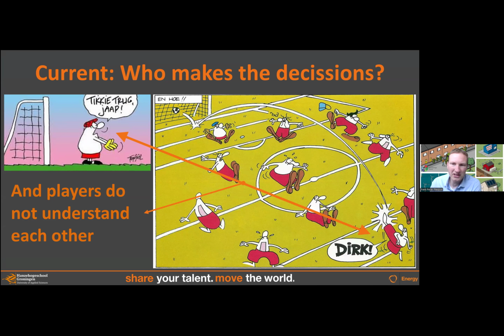And what we have here actually is a lot of players on the field, and they're all doing their own thing. They're not really communicating with each other, and they're not really understanding each other. And if you do not communicate with each other and you don't understand each other, how can you then arrive at certain points together? How can you plan a renewable city together? And that's actually a little bit my starting point often in projects as well. I like to think about how can we use models and tools to help this process get along. And that's what we're looking at right now. And that's also the starting point of this discussion.